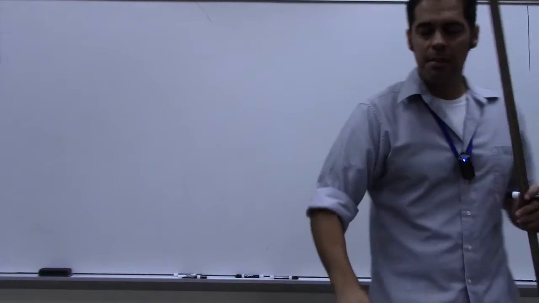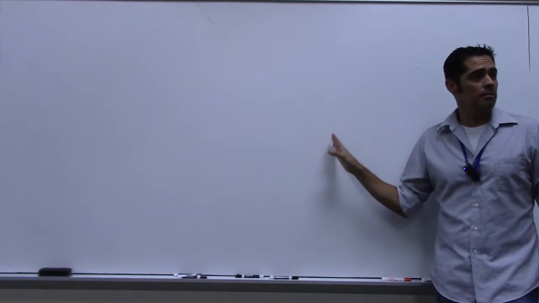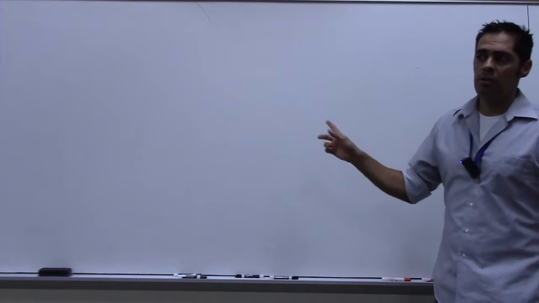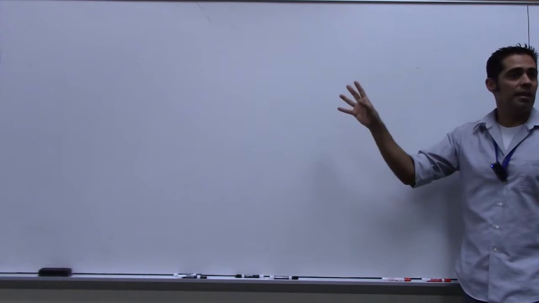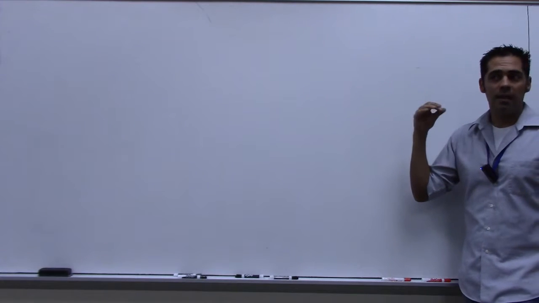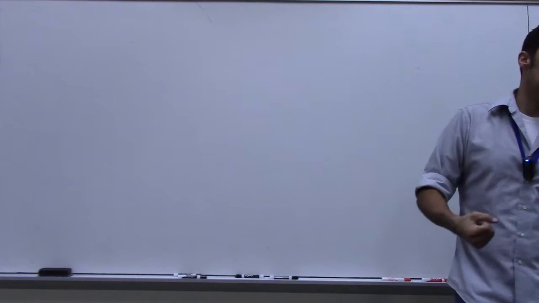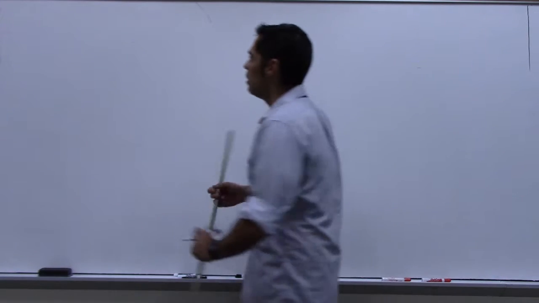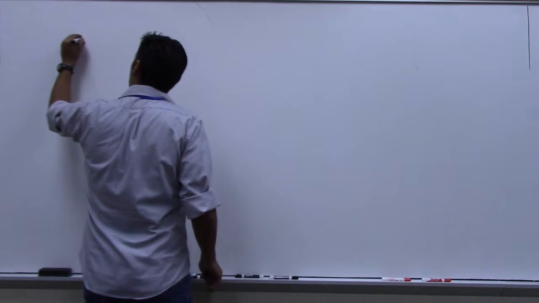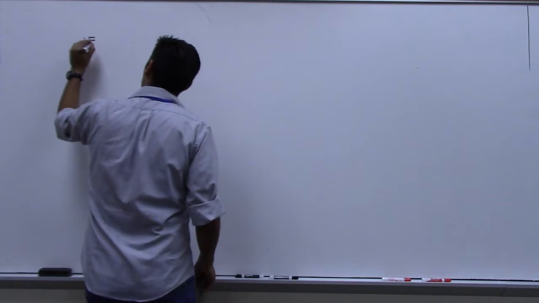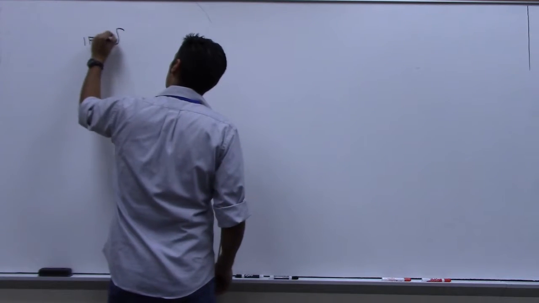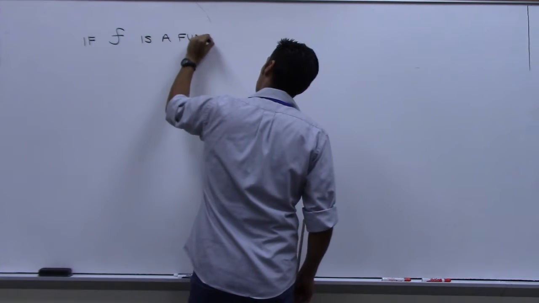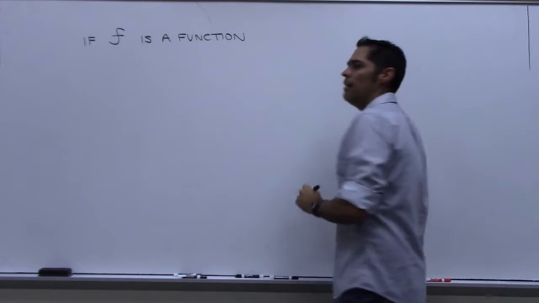So I hope you have some general visual idea of what it means for a function to be one-to-one. I've shown you an example, a function and its inverse. Now what I'd like to do is define, using the mathematical definition, what an inverse of a function is. So if f is a function, we have to have that to start with. If f is a function,